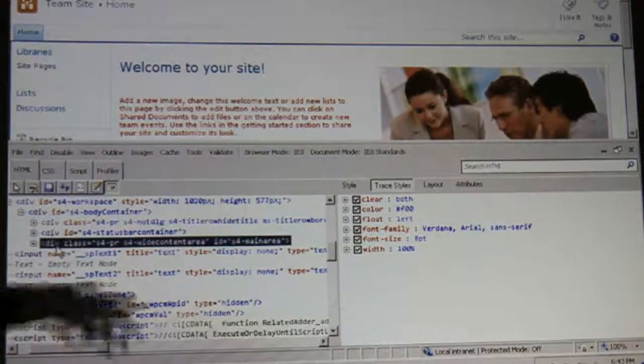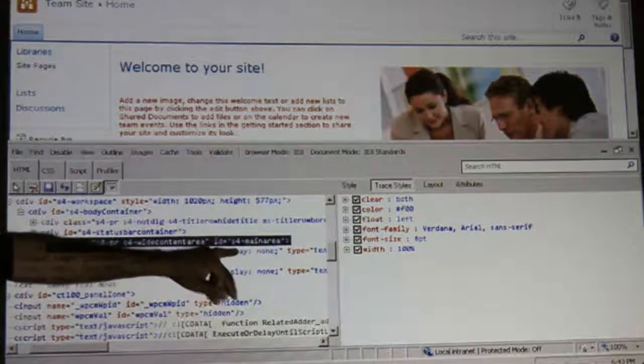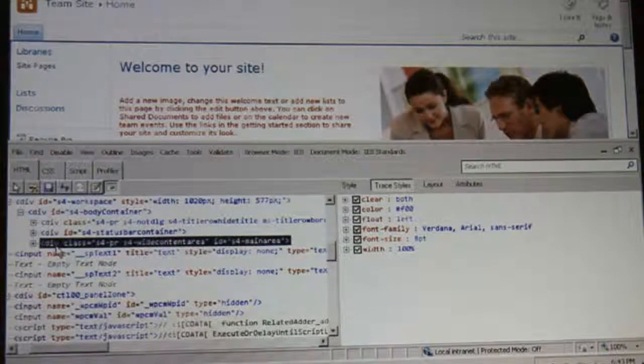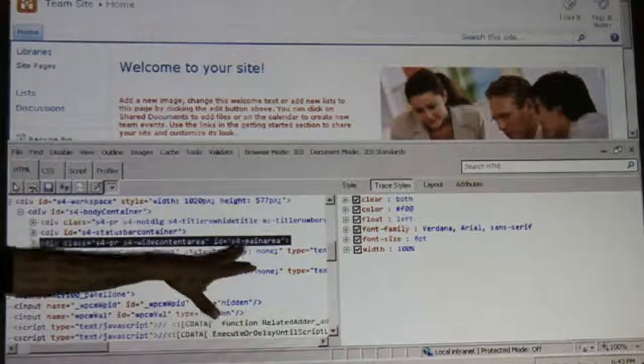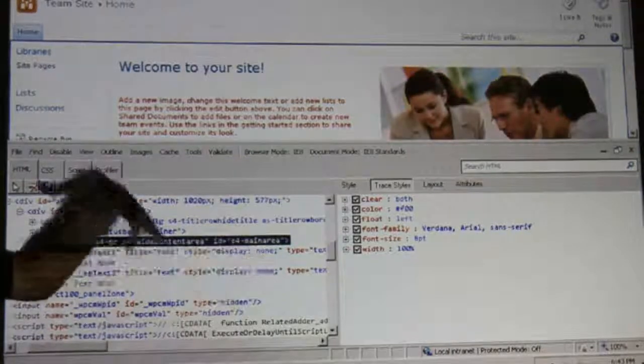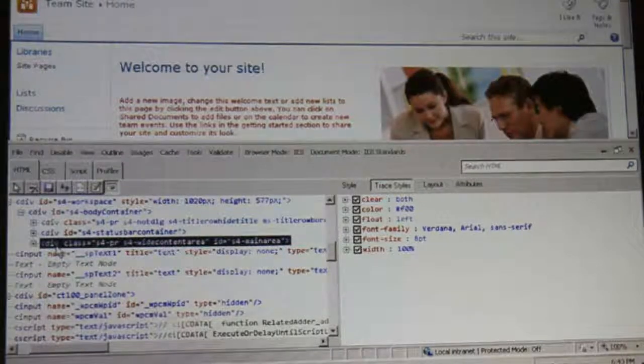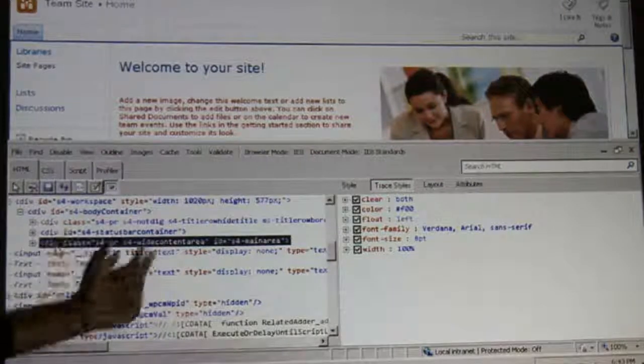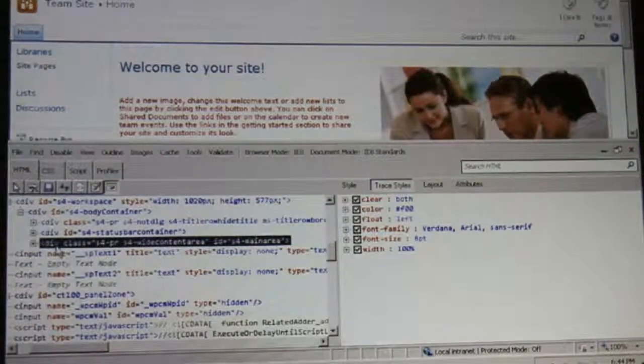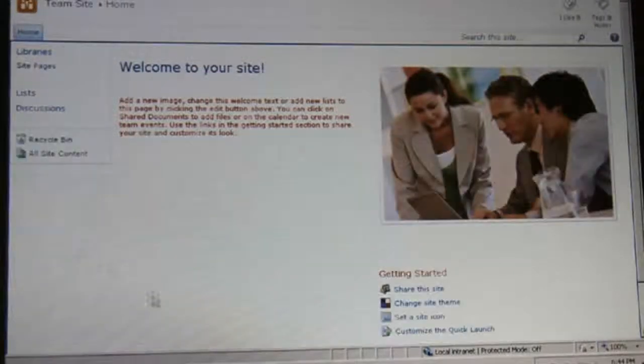Okay. If you use your custom solutions, if you use S4-main area or you use any other ID multiple times, it's not going to break the browser. Nothing bad is going to happen. It's not like code. But the general best practice is you use one ID to emphasize what that area is. You could use multiple classes. Your page won't validate though if you have multiple IDs. Your page would not validate, but it won't break it either. But yeah, you're right. So if we wanted to access S4-master,